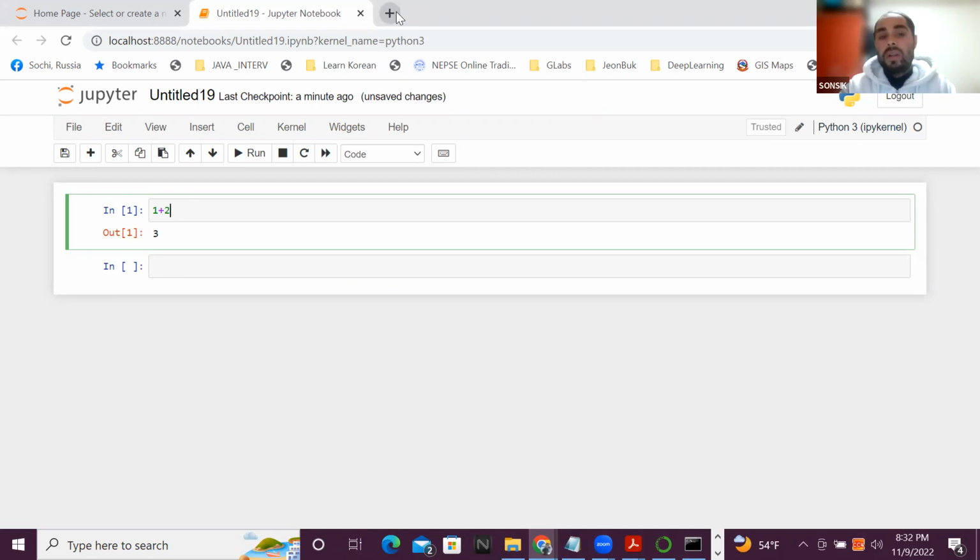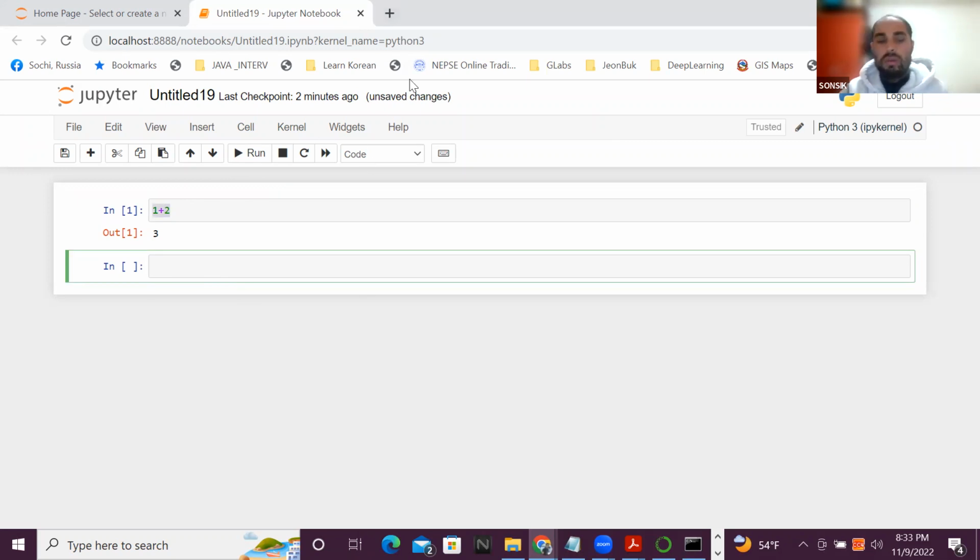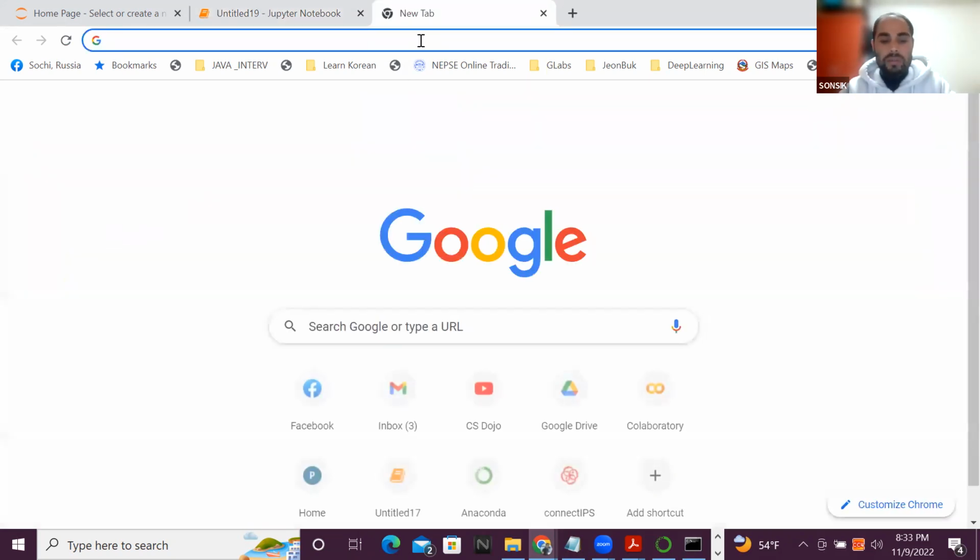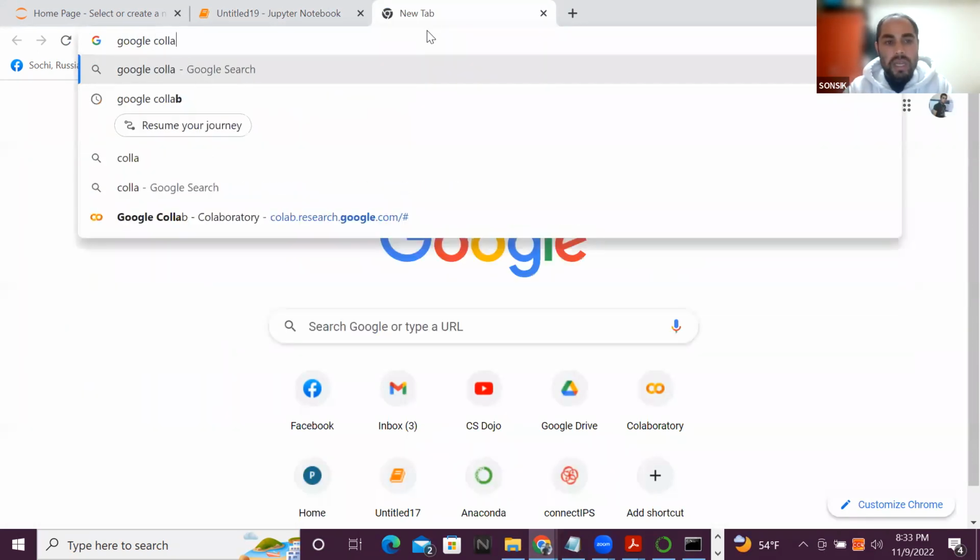So now we also have one interactive environment where you do not need to install the environment, and nothing has to be done. You can just execute your program and do things online. There is a tool known as Google Colab. If you go into Google and search Google Colab,